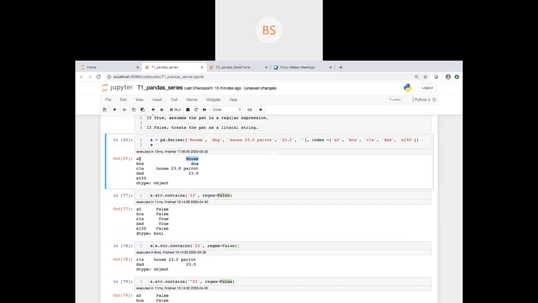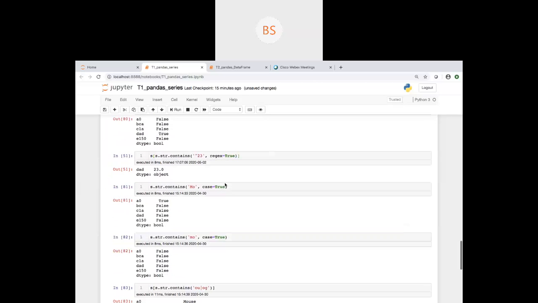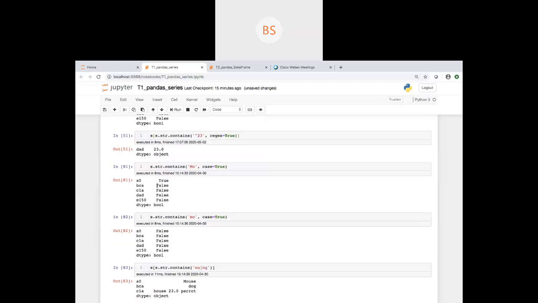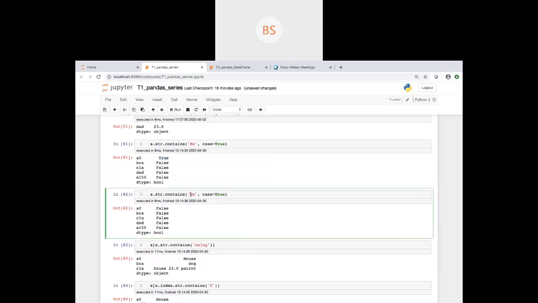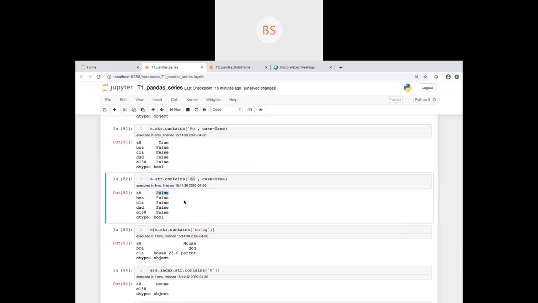So it is matching here only the first line, and it is displaying here. But if you enable the case sensitive feature and don't give the exact case which I am giving, MO here, it is not capital MO, it will not match. Are you getting my point?